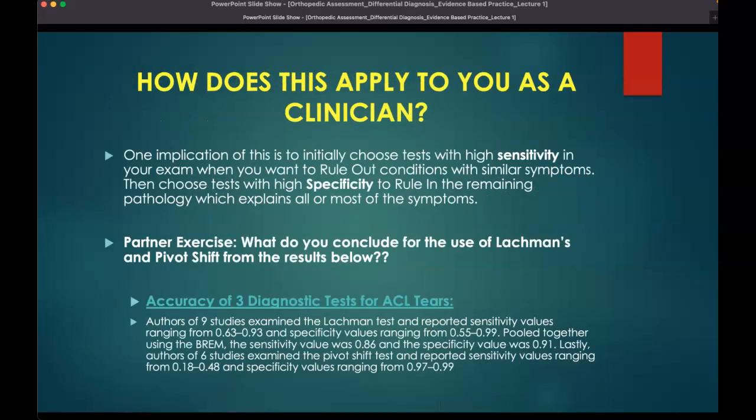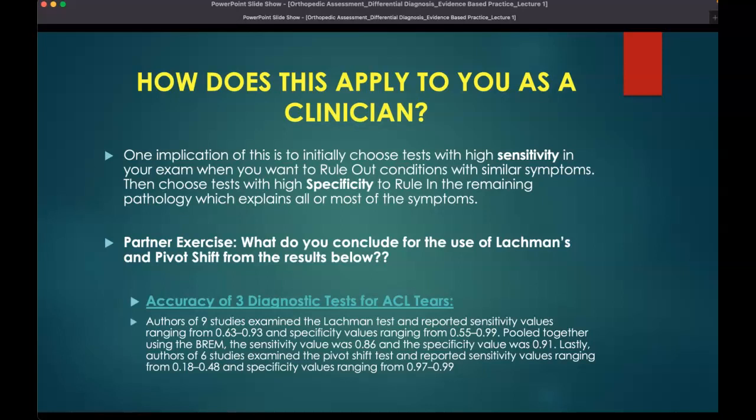So how does this apply to us? How do we look at sensitivity and specificity, and why do we use these in our clinical practice? This is one of the best parts of becoming an evidence-based practitioner, because in lower extremity, you saw we had like 30 ACL tests. Maybe that's an exaggeration. When we get to the shoulder joint, you'll see there are an array of